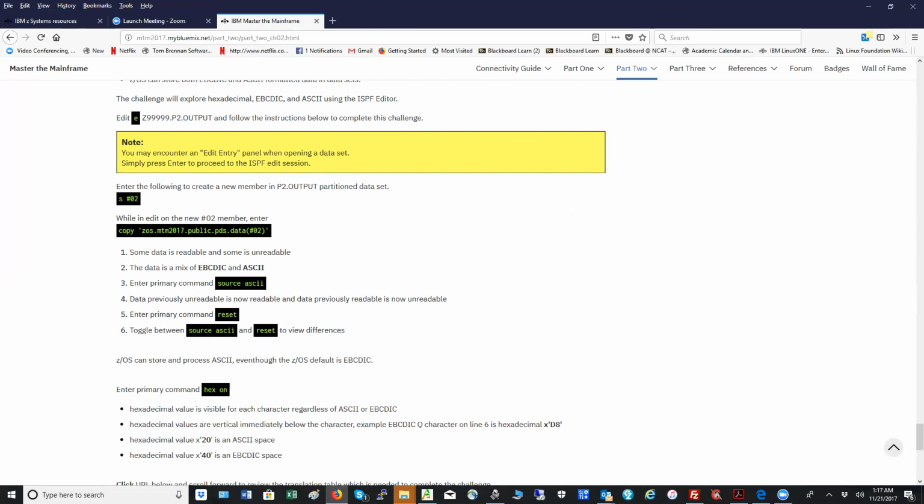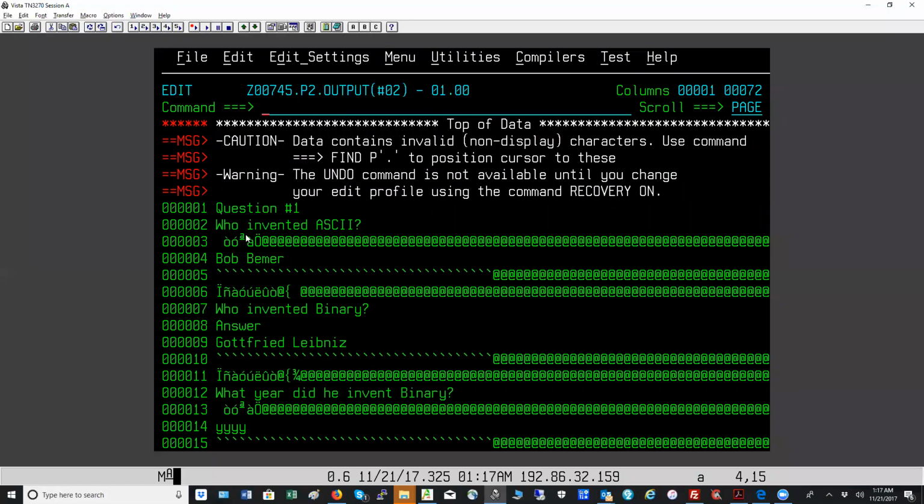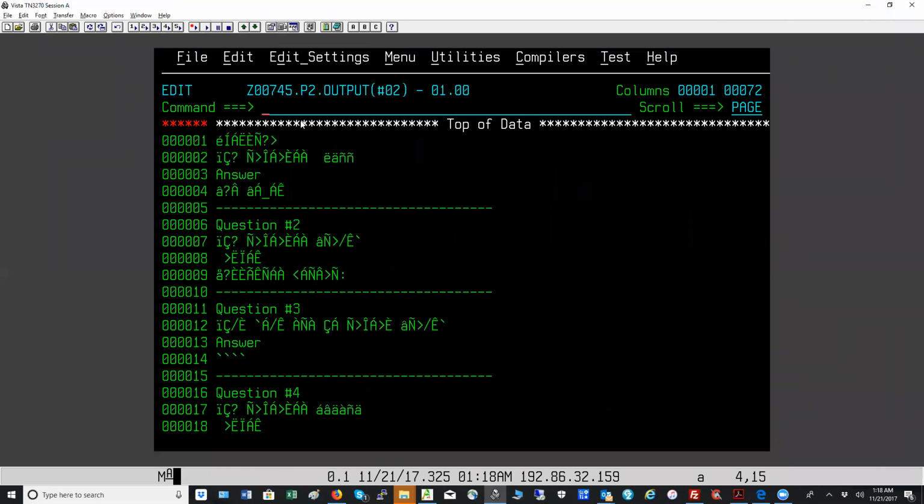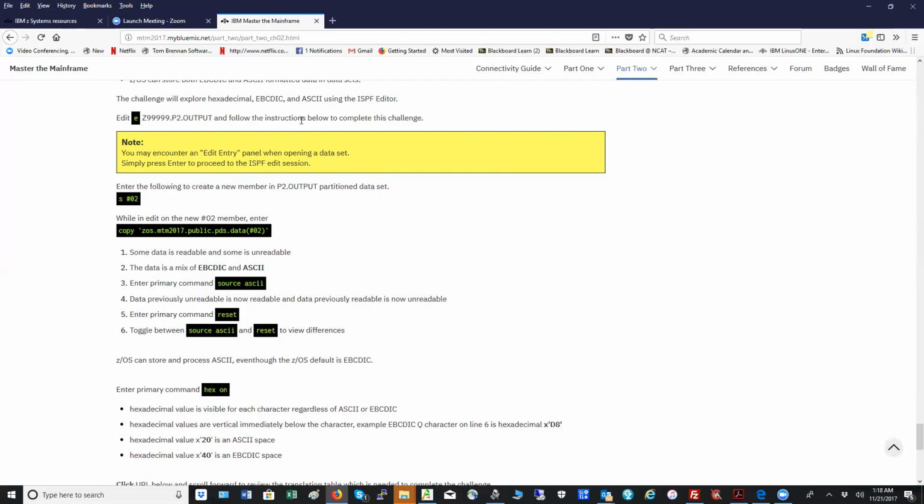So that's what the command right here does. You copy this text over and enter that text, and you will have a member. This is the member that you have. It may come in like this, or I think this is the way it comes in. And then they ask you to